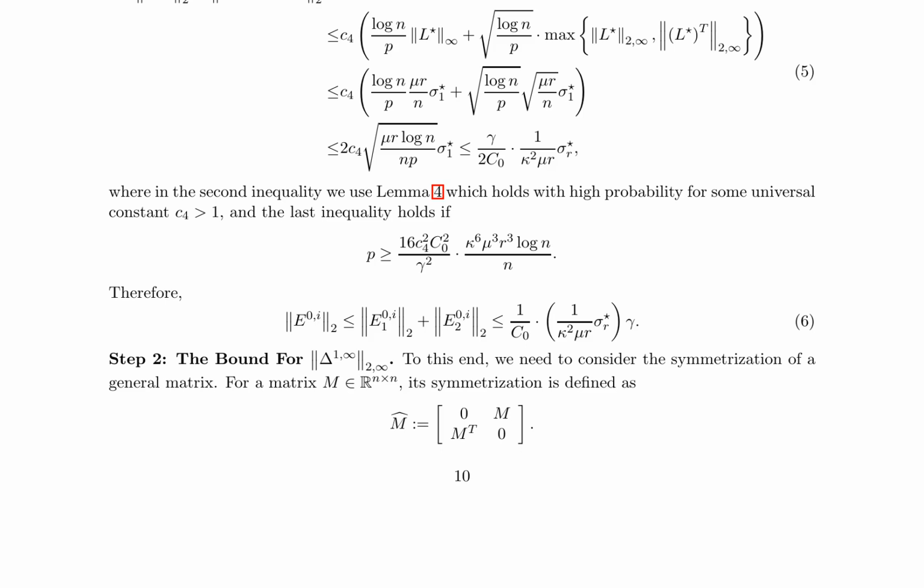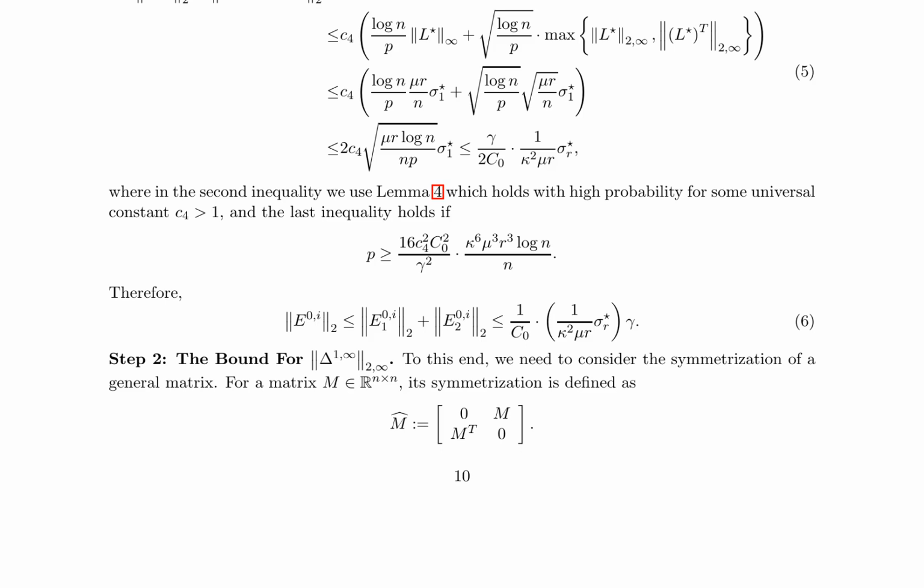‖L‖_∞ ...) ‖L‖_2∞ is less than or equal to C4 (log n / p · μR σ1 + sqrt(log n / p) sqrt(μR σ1)), which is less than or equal to 2C4 sqrt(μR log n / p) σ1, which is less than or equal to γ/(2 C01 κ^2 μR σR), where in these inequalities we use lemma 4, which holds with high probability for some universal constant C4 greater than 1, and the last inequality holds if p is greater than or equal to 16 C4^2 C01^2 γ^2 κ^6 μ^3 R^3